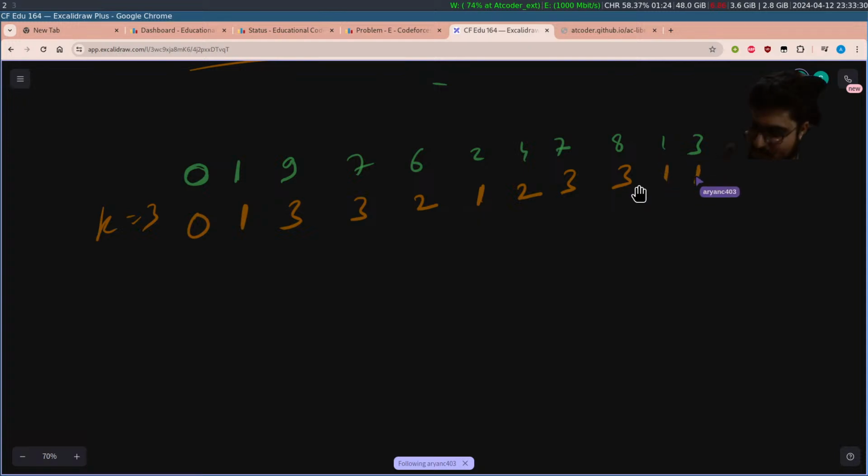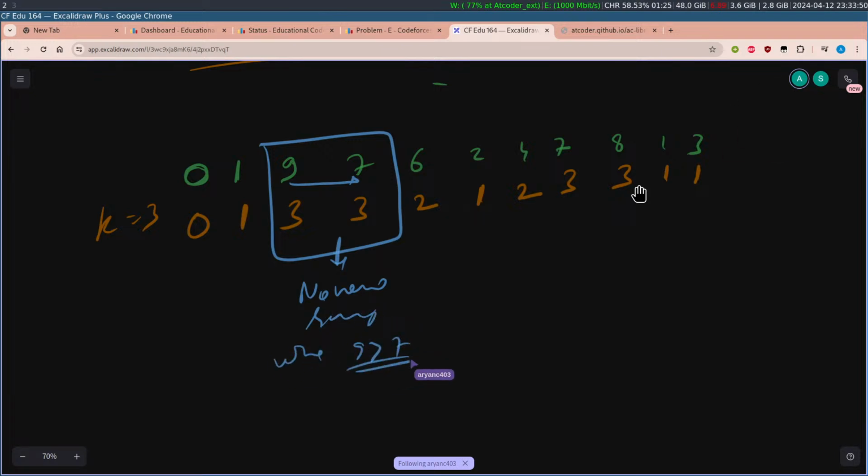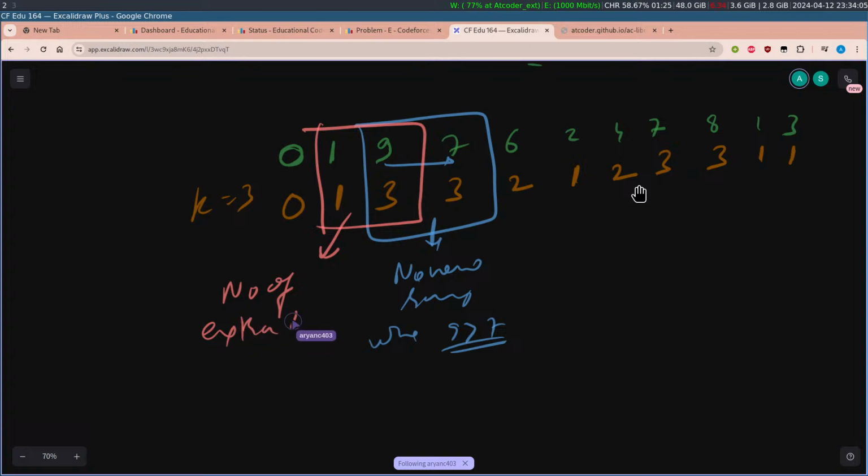Orange is the number of bars required, and what we need is the difference between positive elements. If you now notice here, because 9 is less than 7, there is no new ray. But if you look at 1 and 9, the number of extra rays here is 2,